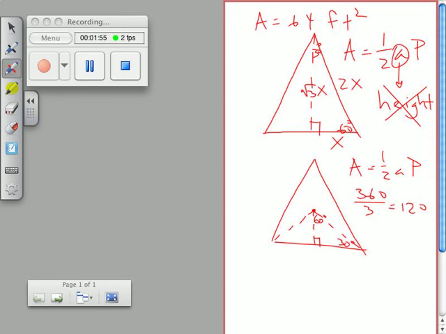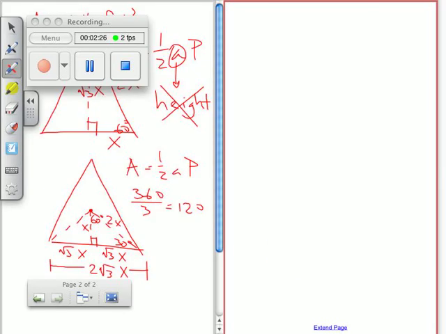So if the hypotenuse is this side here, which is 2x, then the short leg, which is here, now this becomes x, and this becomes the square root of 3 times x. But this is also the square root of 3 times x, so that means the side length is 2 times the square root of 3 times x. Okay? So what I need to do now is I need to say that my area is 64, and that's